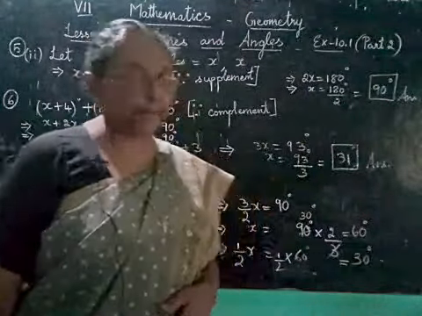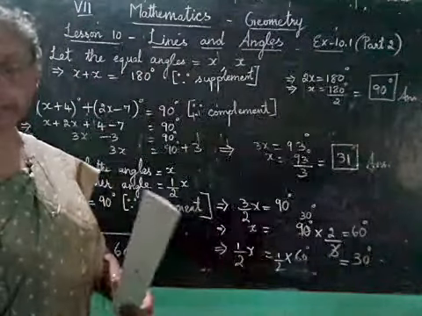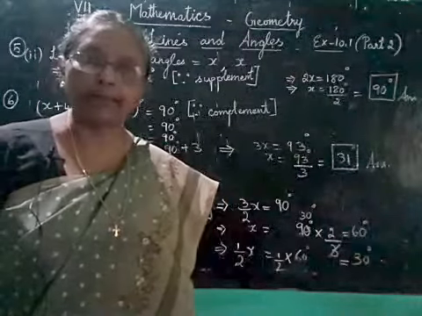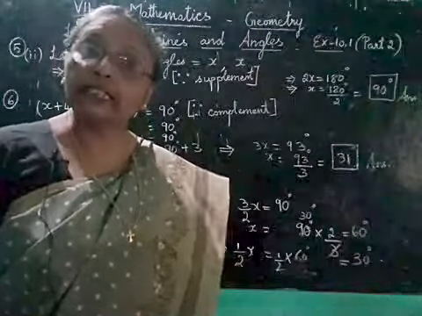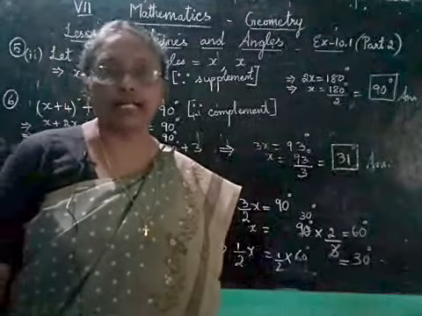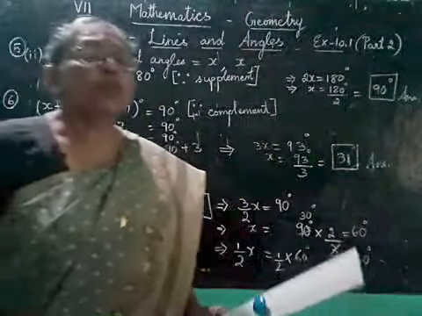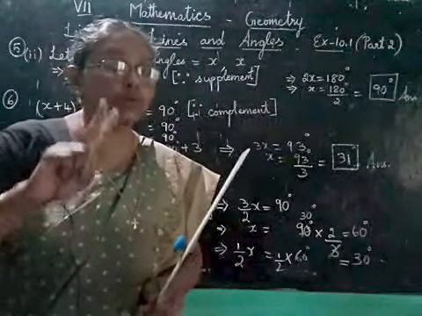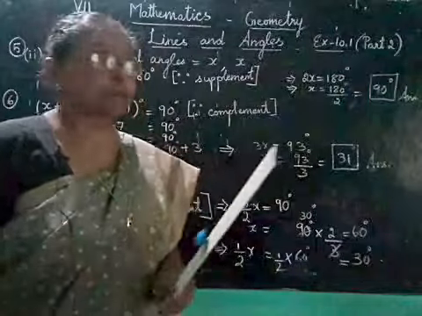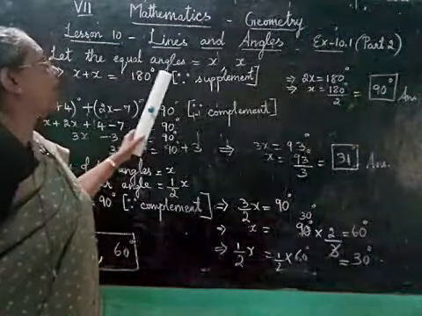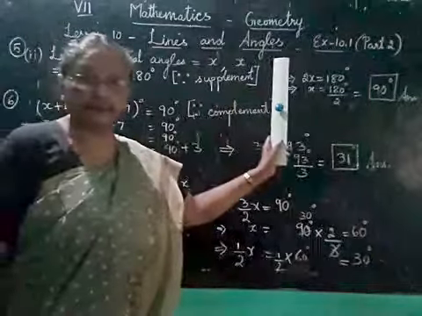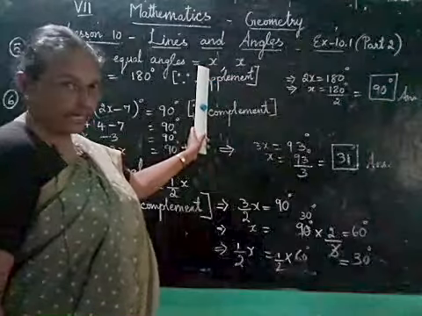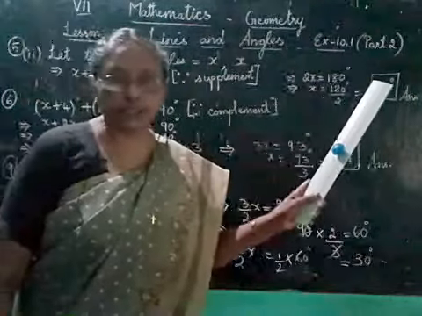So you can see the fifth sum, in that you see the second subdivision. Find the angle which is equal to its supplement. This is what we are asked to find. Now, which angle will be equal to its own supplement? So we will take the same two angles which are equal to be x. Let the equal angles be x and x. Suppose x is the supplement of x, then what will be the condition?